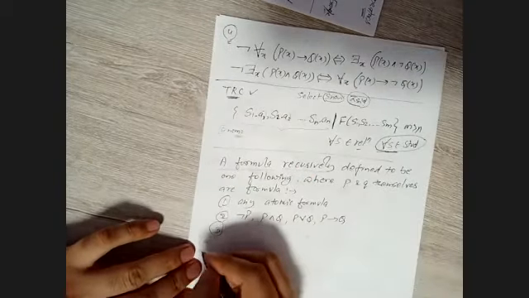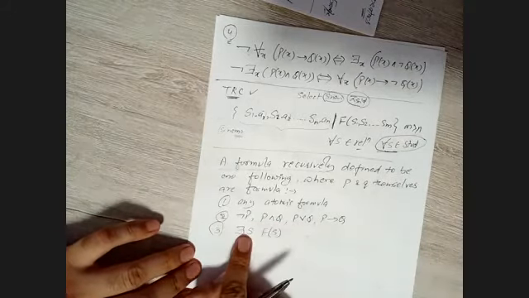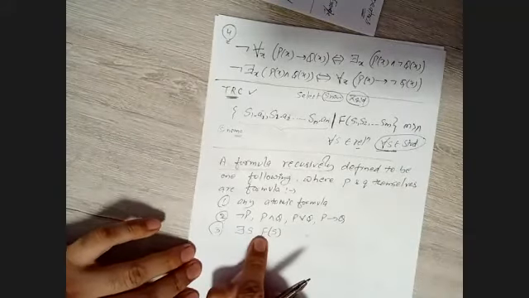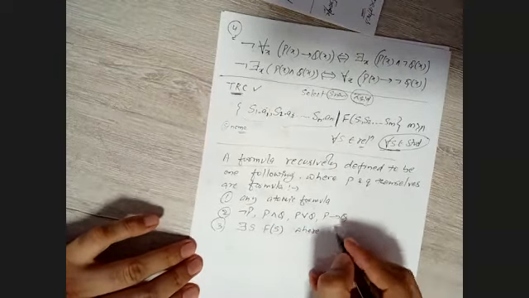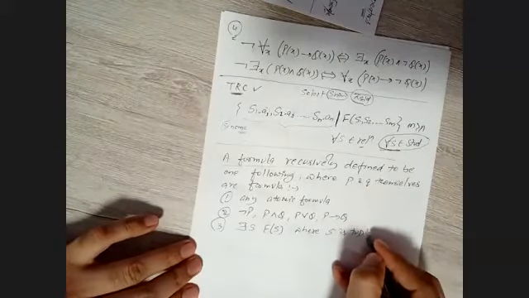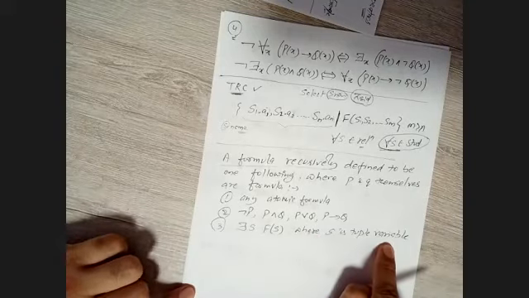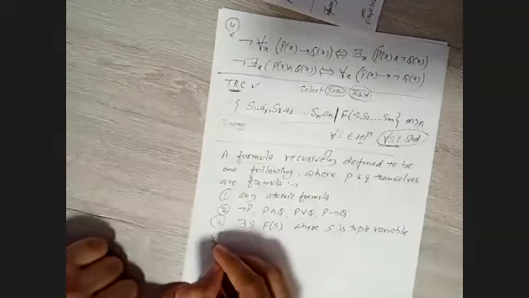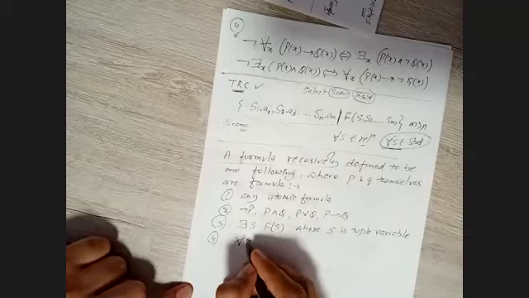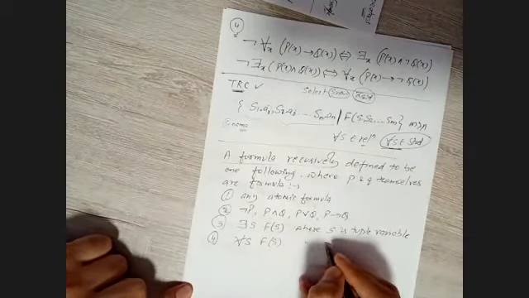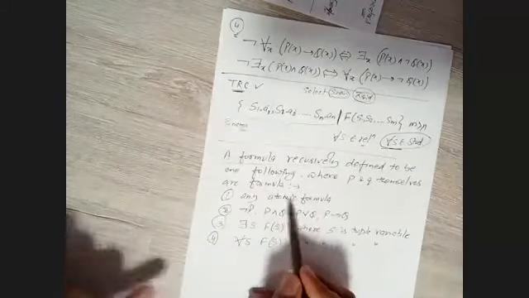The third possibility is there exists S such that f of S. S is my tuple variable and f is my well-formed formula, right? If I have there exists S f of S, where S is a tuple variable, if we have this possibility as well, we can count it as a well-formed formula. There is one last possibility, that is for all. This is for the existential quantifier and this is for all, as we have f of S, and again S is my tuple variable.